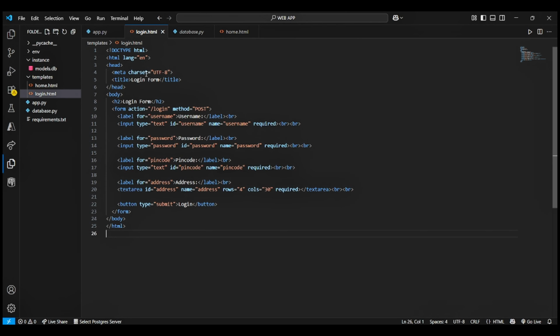So let's just copy and paste. In the form, you will see action and method attributes. As we move forward, you will understand why they are important and what they do.